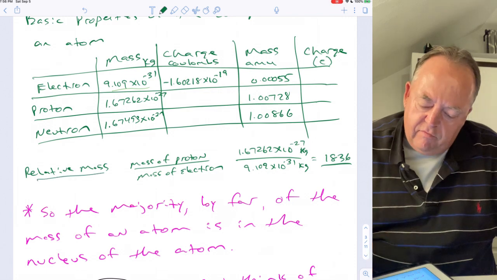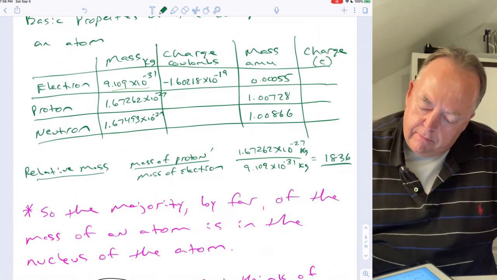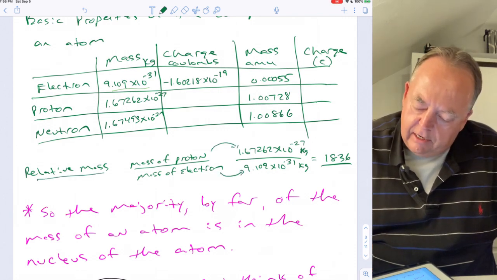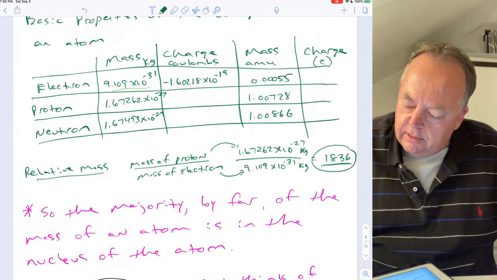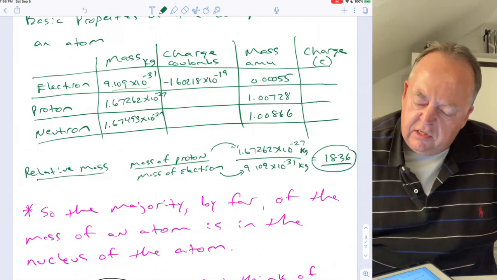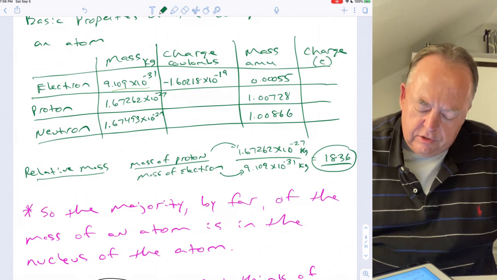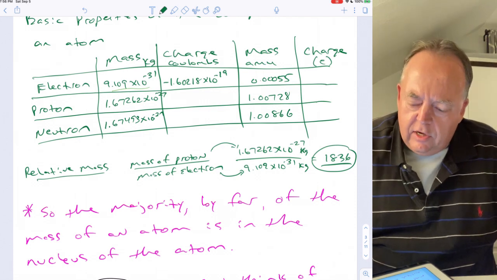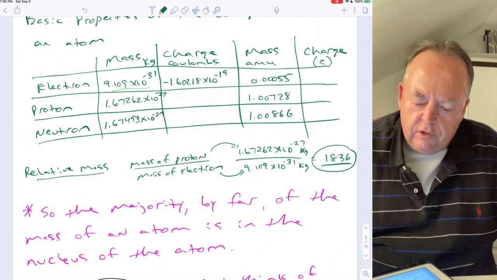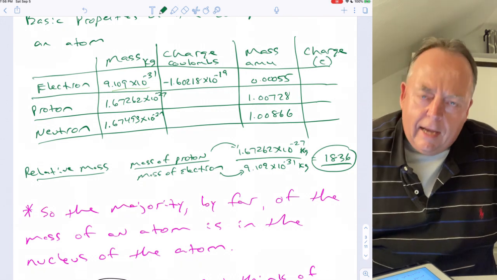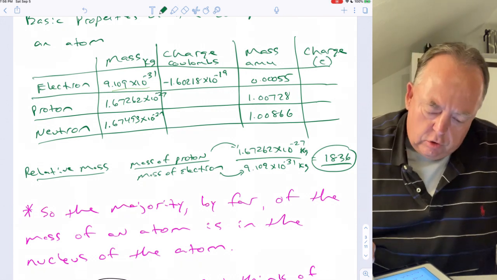So in terms of the relative mass, if we took the mass of a proton and divided by the mass of an electron, then that's 1,836 if you divide those two numbers. So protons are almost 2,000 times as massive as electrons are, and neutrons are a little bit more massive than protons are. So in terms of charge,